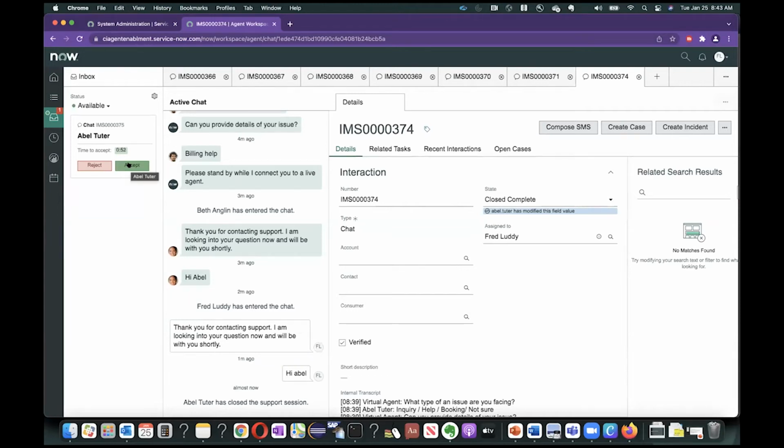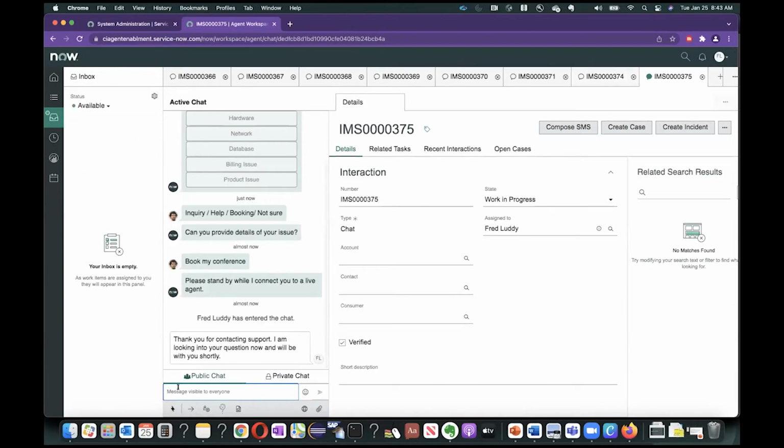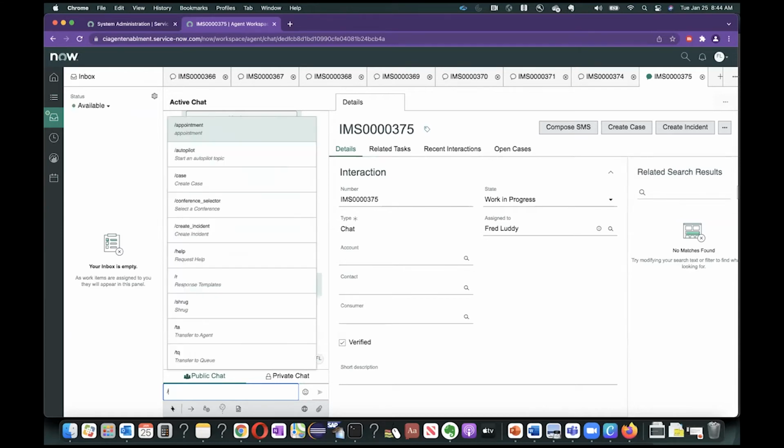So the request went to one of the available agents. Now Fred is available, so he got the chat into his inbox. Now Fred accepts it. He looks at this message, understanding that Abel is looking for a conference booking. So without even asking any questions to Abel, he simply goes to the quick action, slash,